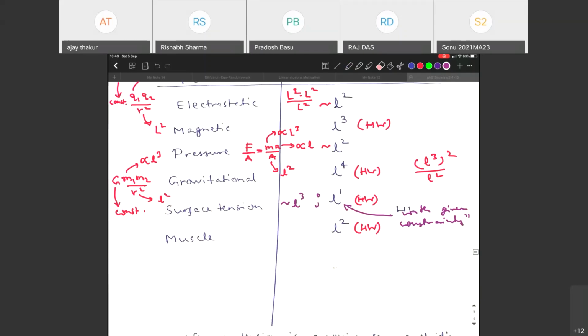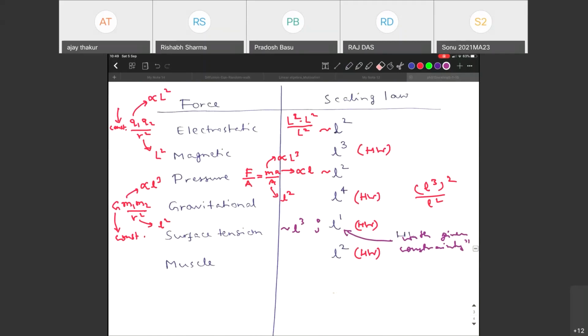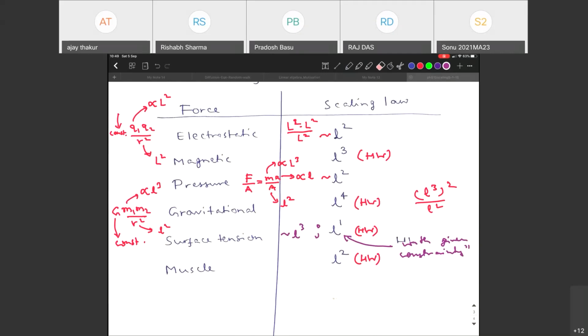So you were talking about magnetic force, right? When I say there would be a specific dependence, that would be based on a specific physical problem. What I asked you was, can you tell me in general what the magnetic force would go as? Even in this general scenario, you will have to cook up a particular problem. So nothing is a right or wrong answer by itself; depending on the exact problem, there would be a right answer or a wrong answer.